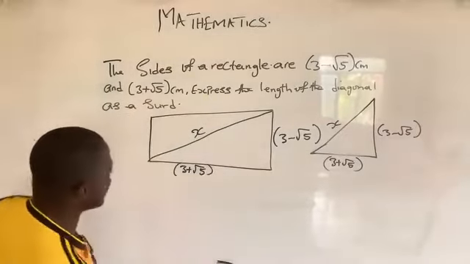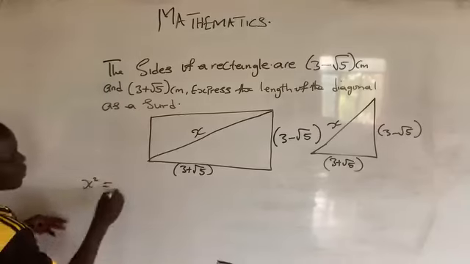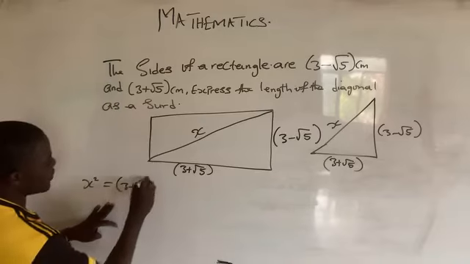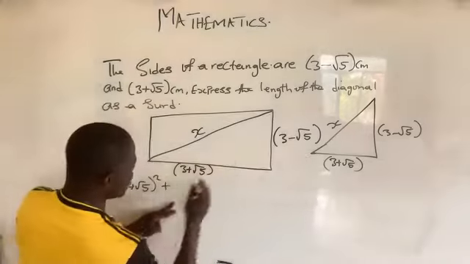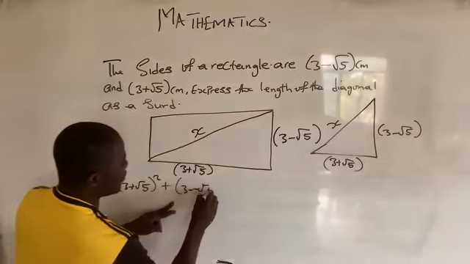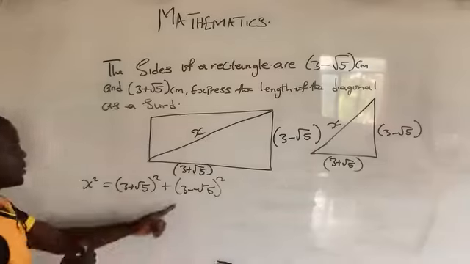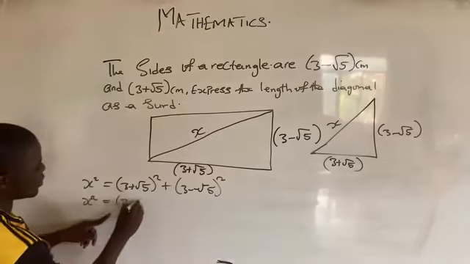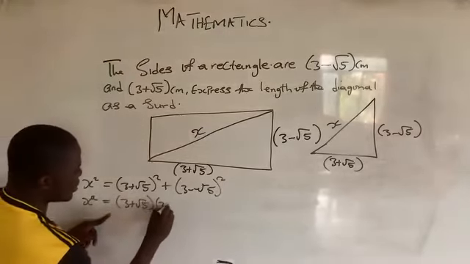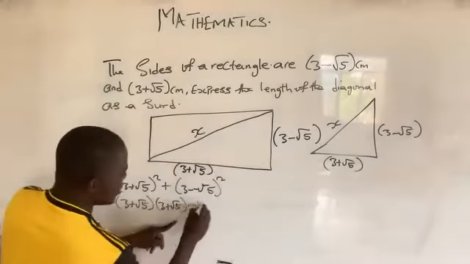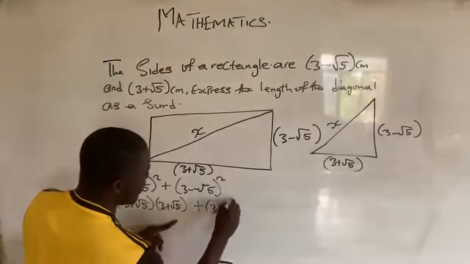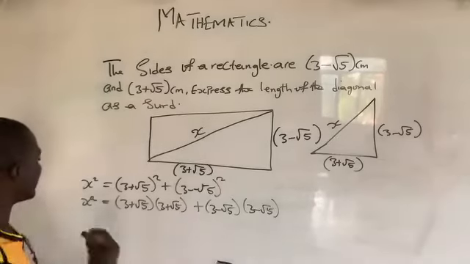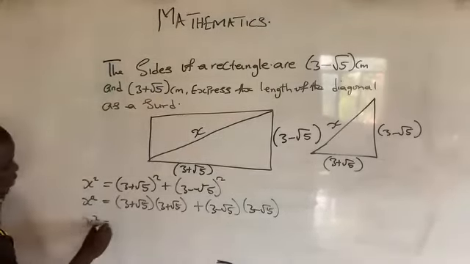By applying Pythagoras theorem, x squared equals (3 plus the square root of 5) squared plus (3 minus the square root of 5) squared. That simply means (3 plus the square root of 5)(3 plus the square root of 5) plus (3 minus the square root of 5)(3 minus the square root of 5). Solving further, we have x squared equals this multiplied by this,